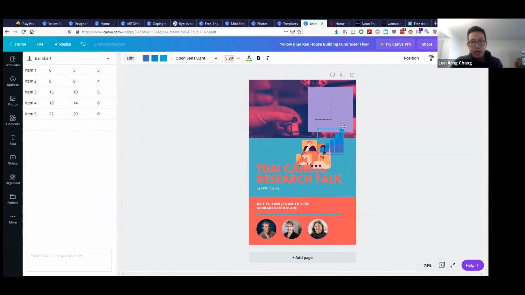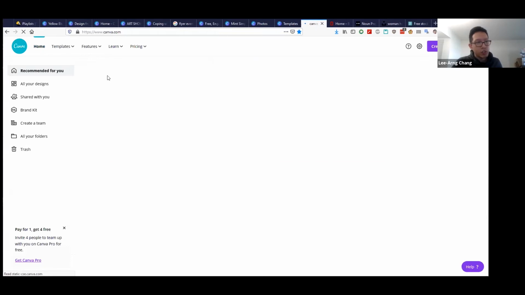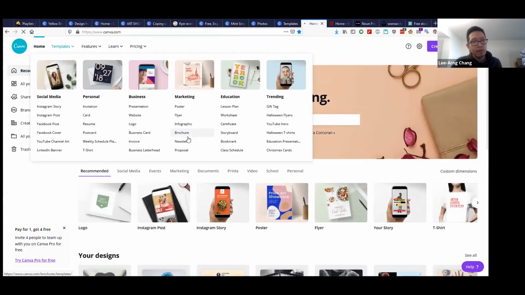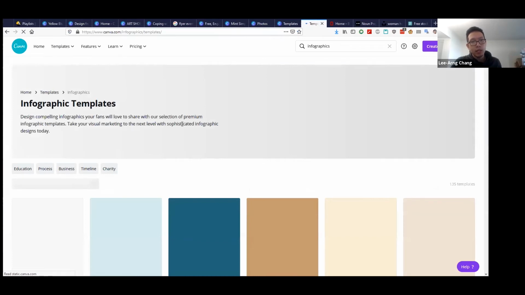So as we can see here on the left, you're basically doing this very manually, or you can paste the data from the spreadsheet. So it's a little bit on the crude side, but you can go ahead and create some infographics out of this. And there's some good infographics templates, for example. So I can actually go back. Let me go back and show you some of the other templates that are available in terms of other things besides flyers and posters.